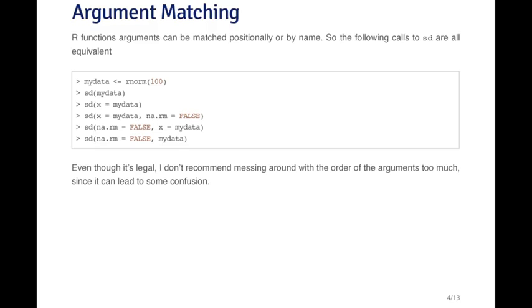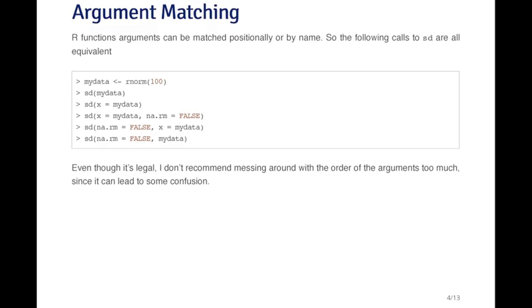So for example, I could reverse the order of the arguments here, say na.rm equals false first, and then say x equals my data second, and that'll produce exactly the same results because I've named the arguments. Now what happens if I name one argument and don't name the other? Well, what happens is that the named argument is set,